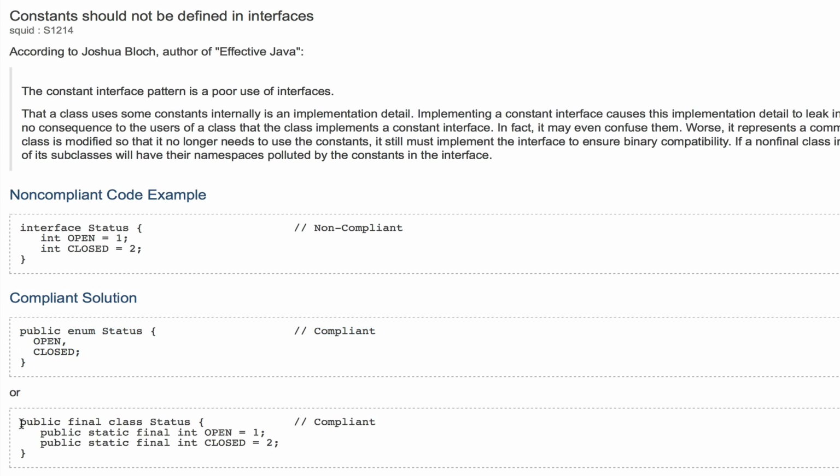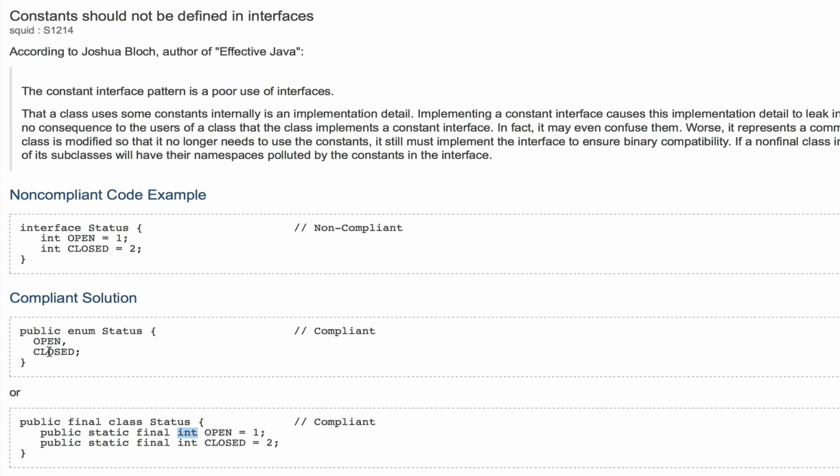Another possibility which I would not recommend, you can also have something called constant classes, which you make final, and then in the class you have the public, static, final constants.